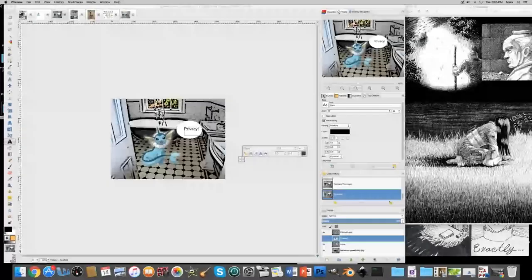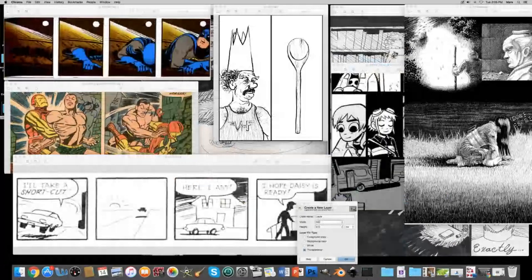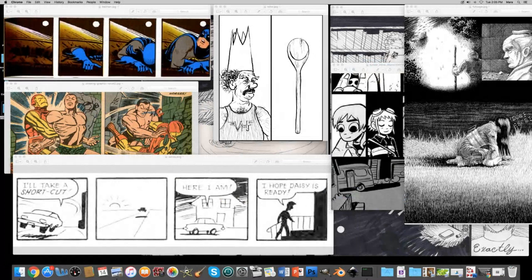So we are going to start by sharing my whole screen here. I'm going to walk you through some examples of comics as art, and then we'll get to using GIMP to do this. To start with, I have on my screen a lot of different examples of drawn comics,